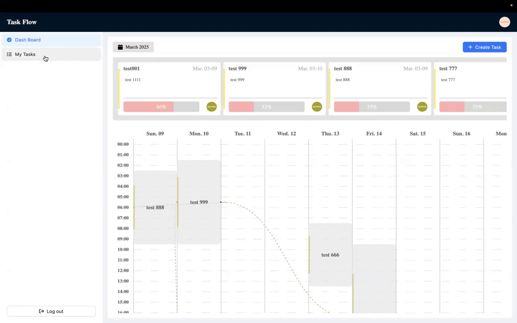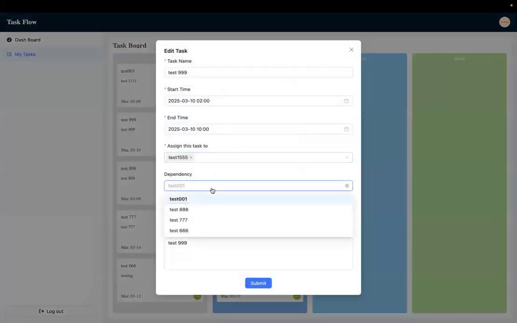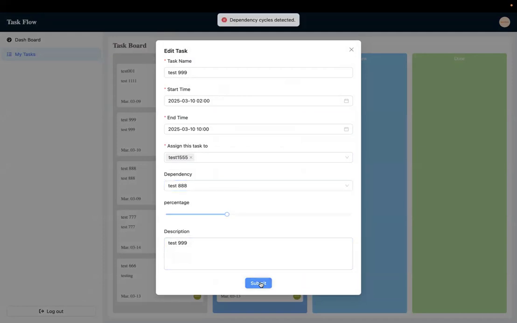create a cycle. So Alex, can you go to the My Task page? And for task 999, this is the task we've created. And if you add task 888 as the dependency, which in our test cases should be a dependency cycle, when you submit it, there will be a bar showing that dependency cycle detected. So this action is not allowed. The user must edit the task back to the original state, where the dependency is broken, before he can